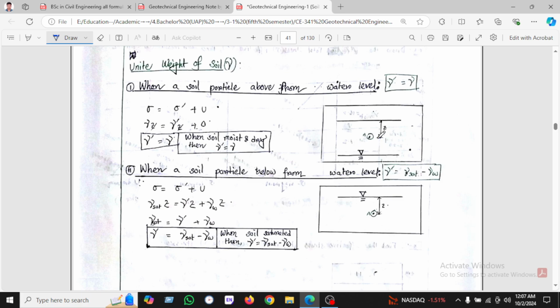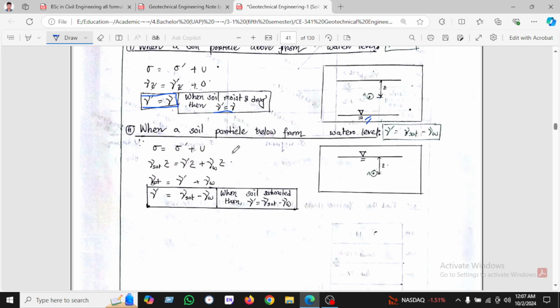If we calculate above the water level, gamma prime equals gamma, because when the soil is moist or dry, gamma prime equals gamma. On the other hand, we see the soil partially below the water level. Here is the water level. We can find out